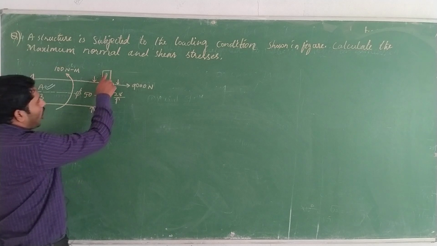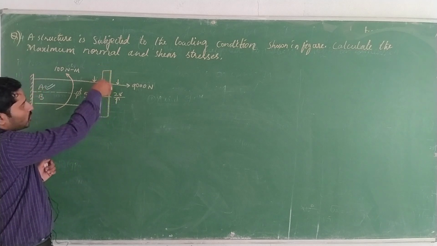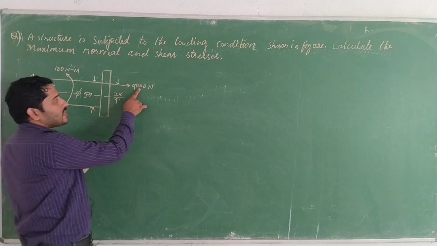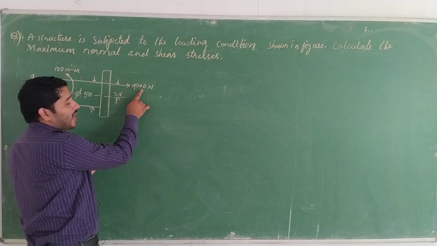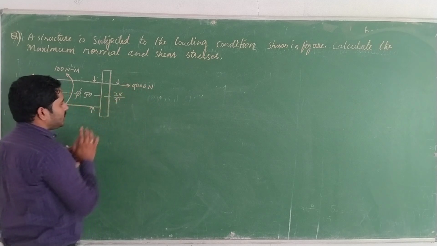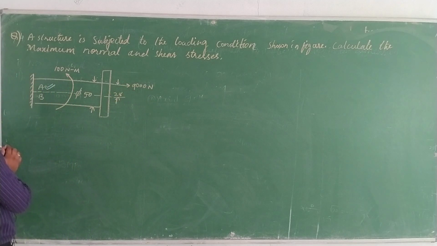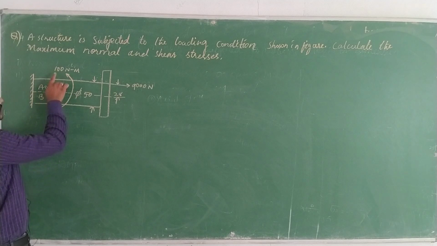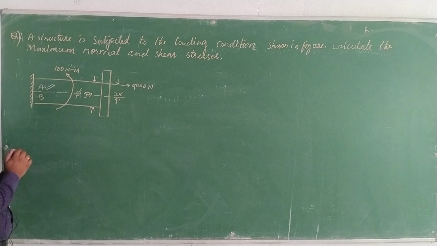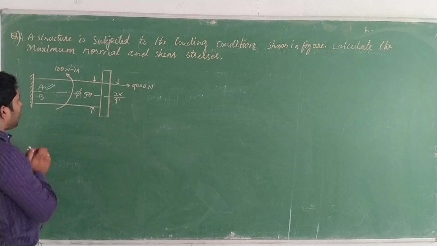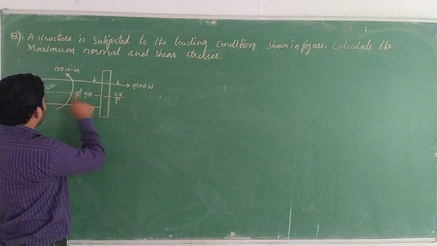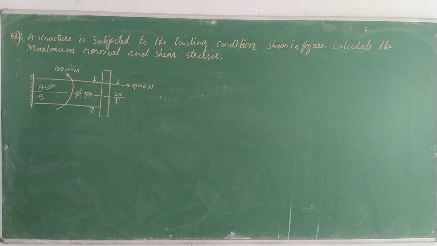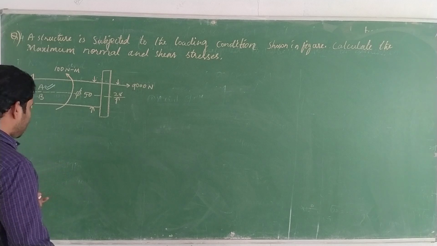On the other end, some forces are acting. One is an axial force of 9000 Newton. Then a torsional moment or torque is acting as 100 Newton meter. Is it right? And the length from A to B is given as 28 mm. Okay dear, the first thing is